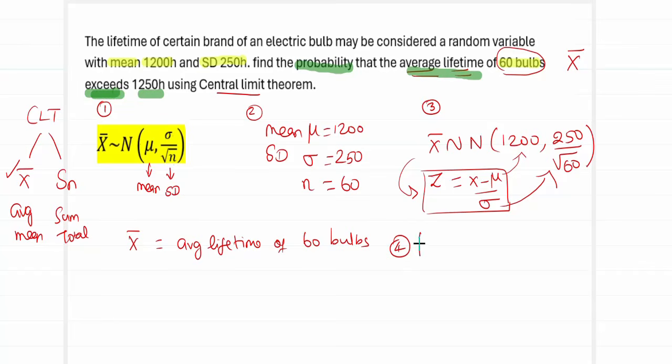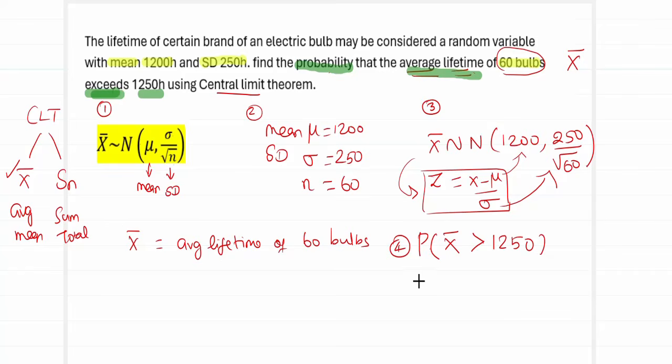So we want the probability that average lifetime. How to denote average lifetime? By x bar, and exceed. How to denote the word exceed? So it is denoted as x bar. Okay, so x bar exceeds. So this is denoted by greater than. How much you want to be exceeded by? So it is greater than 1250. So the problem is to find the probability that average lifetime of your 60 bulbs exceeds, greater than 1250